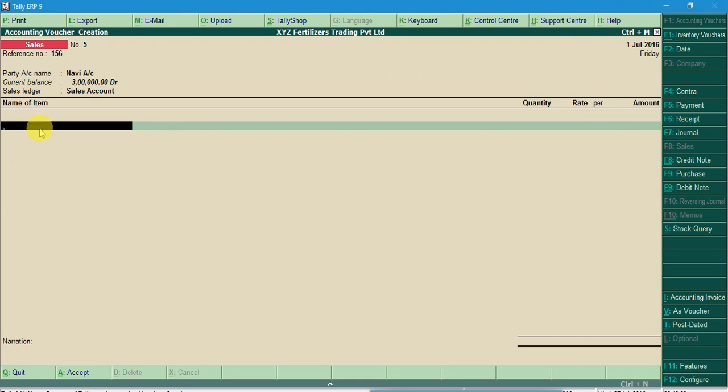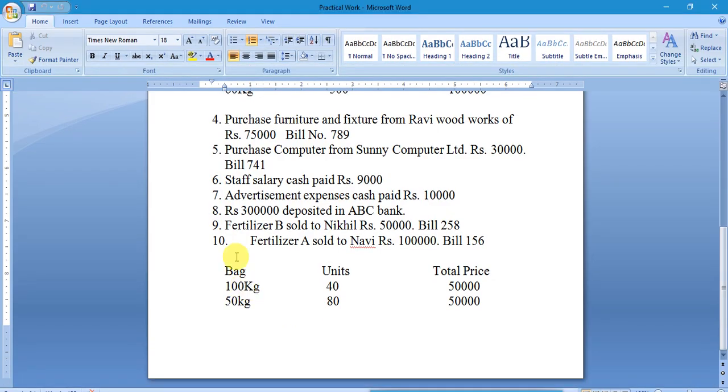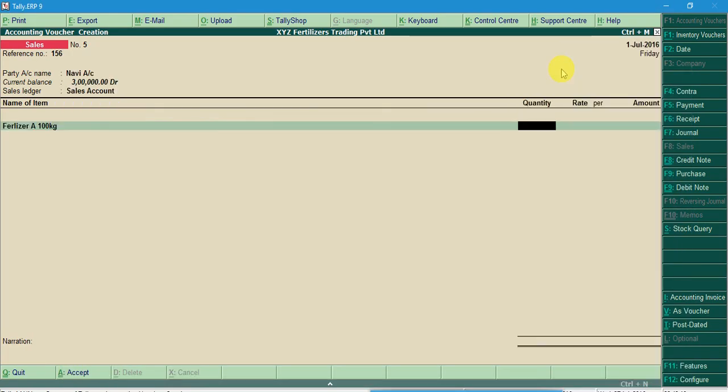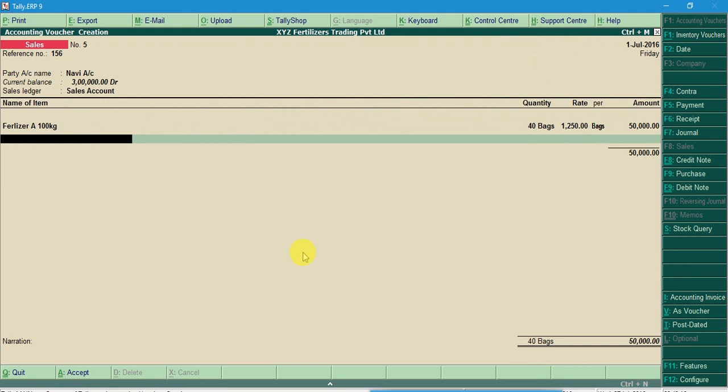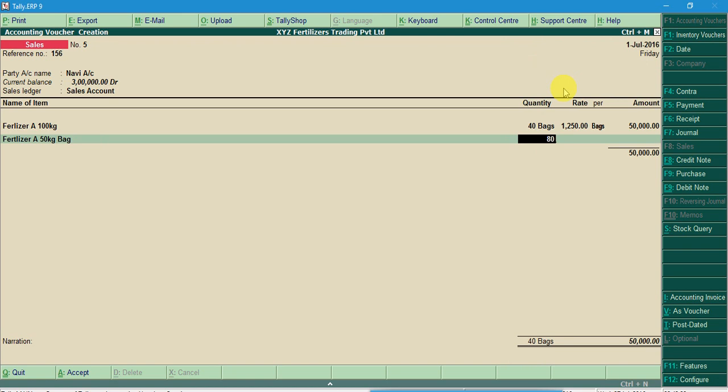Now you have to fill the names of the items that he purchased from us: fertilizer A with 100 kg bag, quantity 40, rate 1250, amount 50,000, and fertilizer A with 50 kg bag, 50 units of quantity, 625.